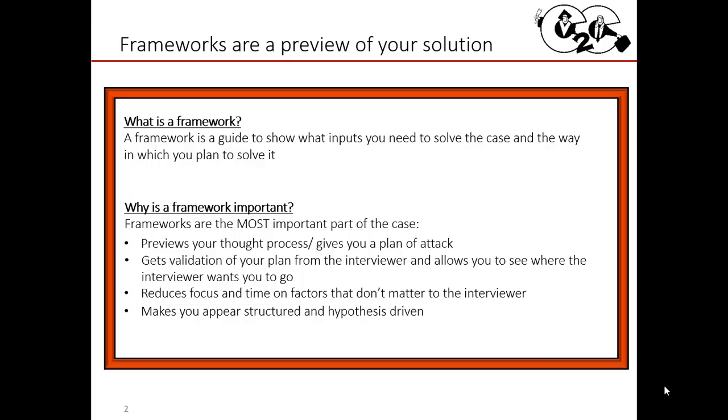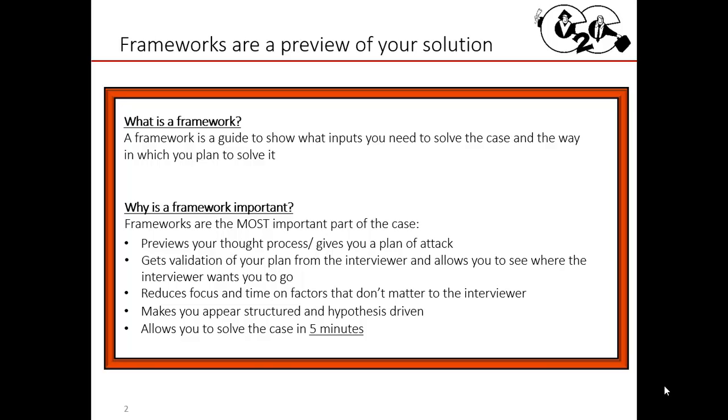Once you present it, you get the yeses and nos from your interviewer, and you get to know if it's a good framework or guide to go down, or if you need to tweak it in any manner. But it's better to do it up front so you know where to go. And this is how you are able to solve a case in 5 minutes. Because you have a game plan that you agreed upon with your interviewer, you know exactly what to do. And the rest of the case is just about plugging and chugging or finding the data that you need, but at least you know the areas where you need to look.